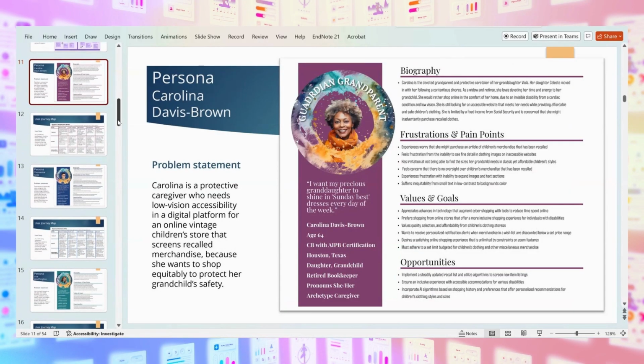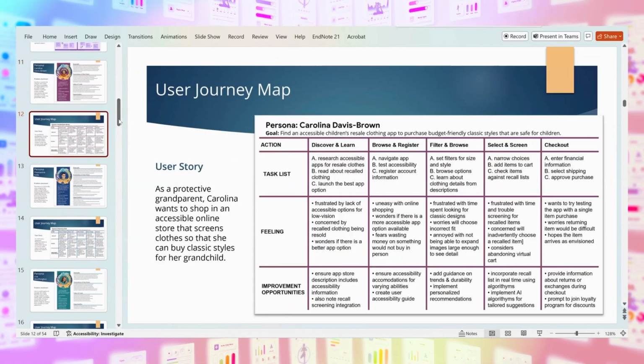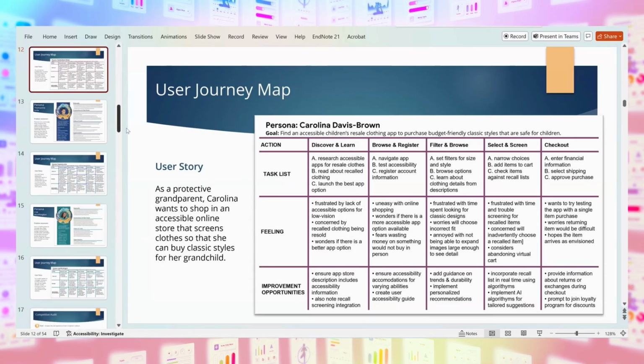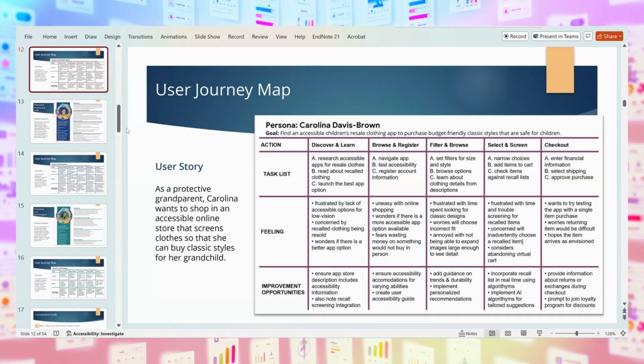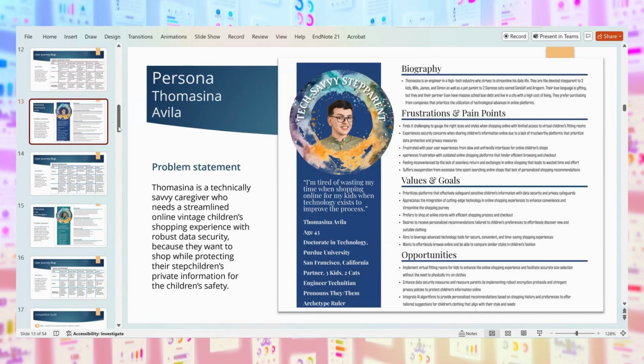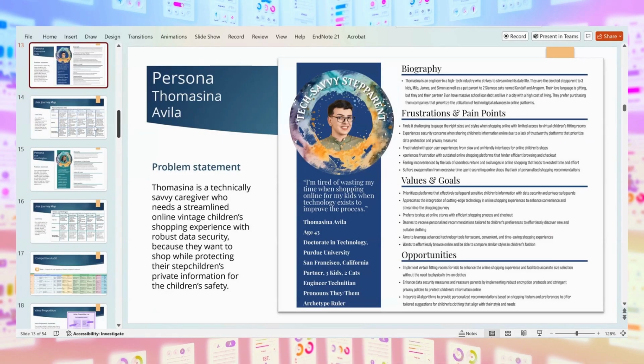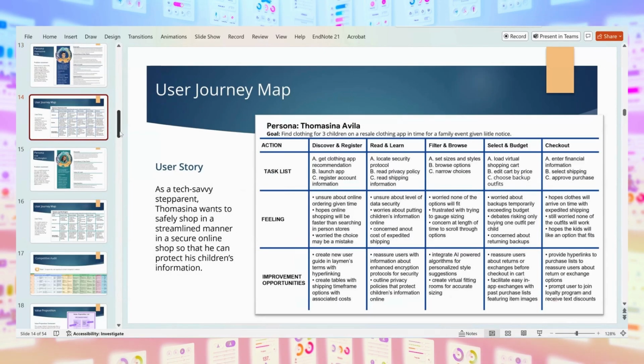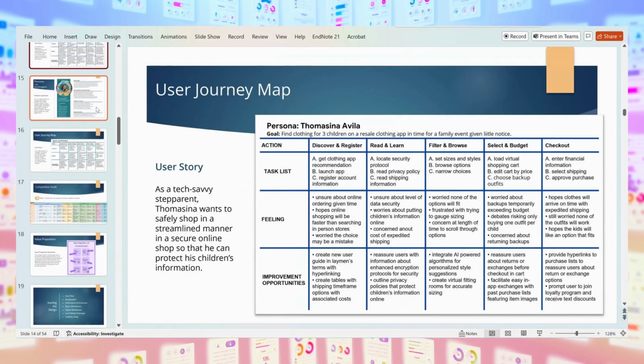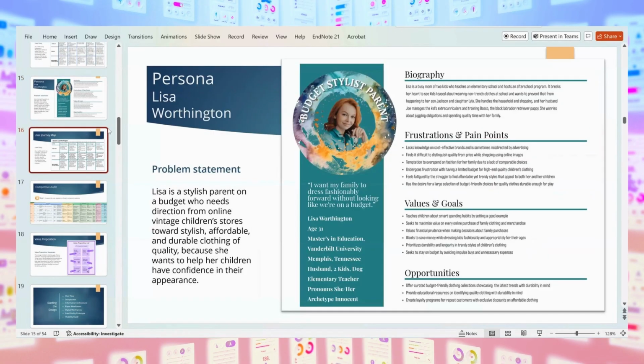So you make personas with the different users, you kind of boil them down into a few different people, and you come up with a person, you give them a name, a whole creative writing kind of thing. And you define that and what their problem is and what they need to solve. You go through a whole user journey, you map what it would be like for them to go through this app with their frustrations, the things that make them happy or not happy. And you try to represent everyone in the group and boil them down to people. So you really get like 3 personas that would represent your entire population of users. And you do the same thing for all of these people.